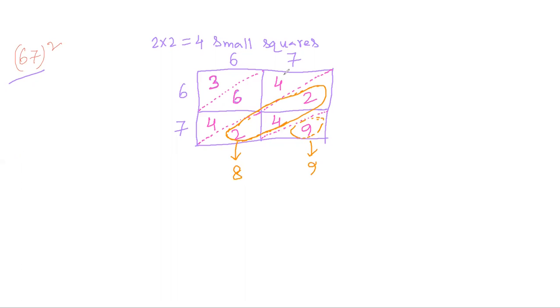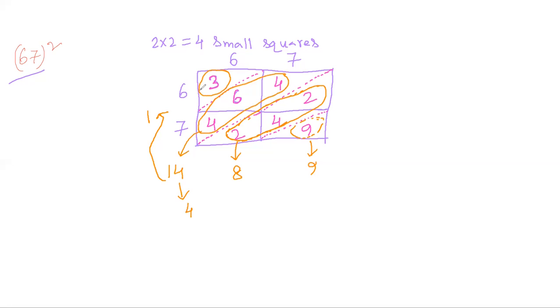Now I will take these digits, that is 6, 4 and 6. If you add them, that is 6 plus 4, 10, plus 4, 14. Since this is a two-digit number, from this 14 I will consider the unit place digit 4, and this 1 will be the carry. So this one I will take in this place. Now the remaining part I will take.